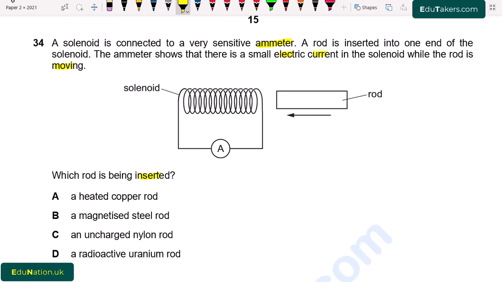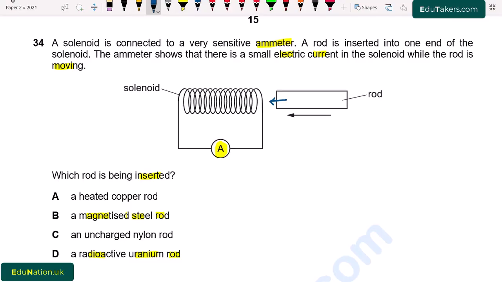Which rod is being inserted? A. Heated copper rod. B. Magnetized steel rod. C. An uncharged nylon rod. And D. Radioactive uranium rod. So first of all, there is also the ammeter that is connected with the solenoid and it is used for the measurement of the current. It is also given that there is a small amount of current in the solenoid which is shown by the ammeter reading. So when I move the rod